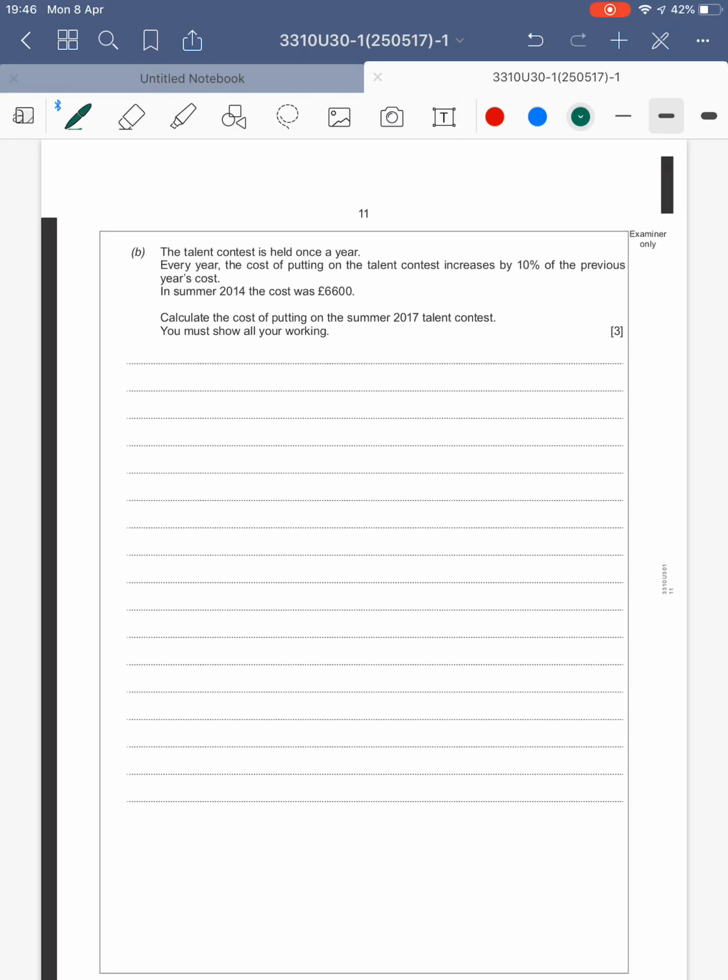Okay, part B, the talent contest is held every year, and every year the cost of it increases by 10% of the previous year. So in the summer of 2014, the cost was £6,600. So we need to work out how much extra it is each year and add it onto the new amount every year. So in 2015,